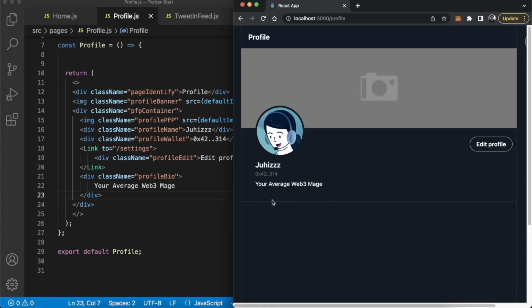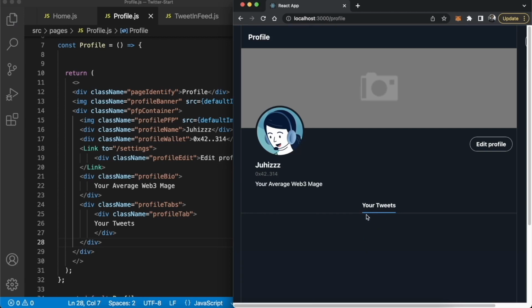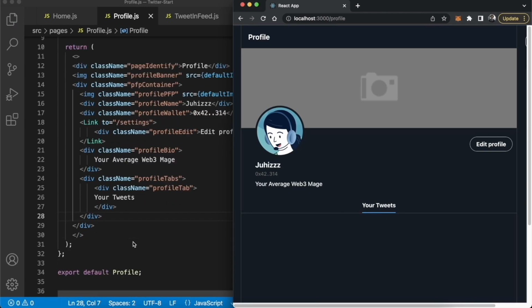And then finally over here, you'd have different tabs, but we'll only have one tab called your tweets. So we can add it like so. You create a div called profile tabs. If you'd like, you could have your comments, your tweets, your likes, but we'll only focus on your own tweets for now. Save that. And that will create this nice little tab-like element over here saying your tweets. And then underneath this,